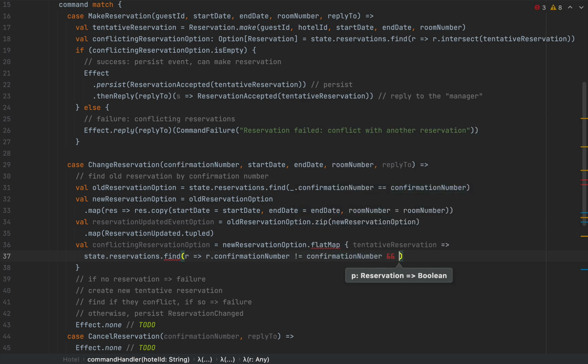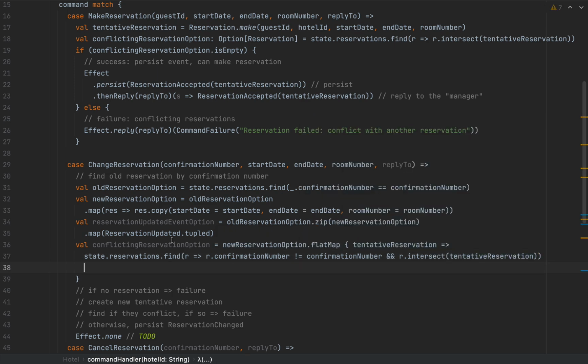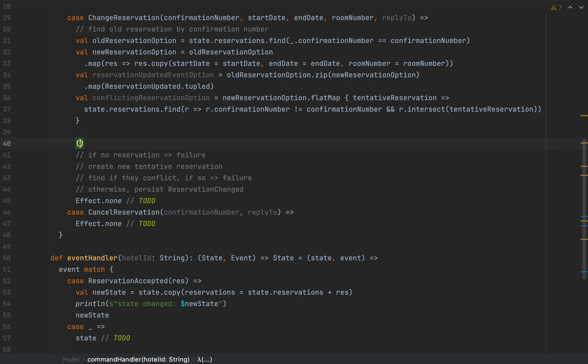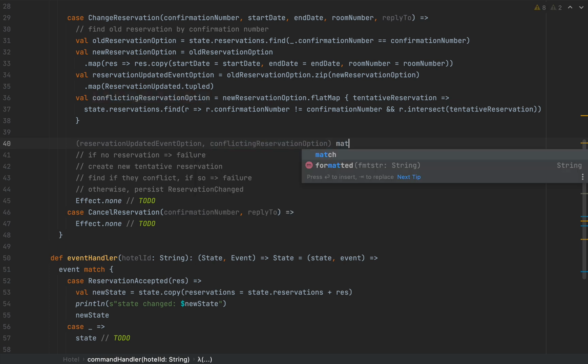And the intersection. So I'm going to have R intersect with this tentative reservation. So we have a bunch of options here. We need to treat them. So I'm going to run a tuple. So I'm going to have reservation updated event option and the conflicting reservation option, and I'm going to pattern match